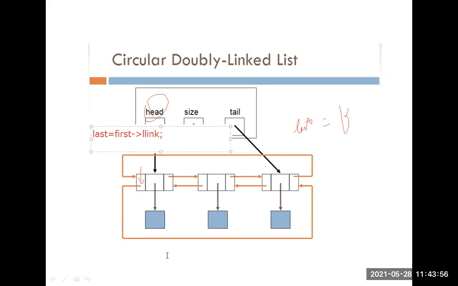Okay. So we have to store this address also. This address we call a temporary variable, second. That is, we are calling it first of right link. First of right link contains the next node address. Once we store these two addresses, then this node will act as the first node. Here left link contains the last node address and right link contains the next node address. So this address we call second.